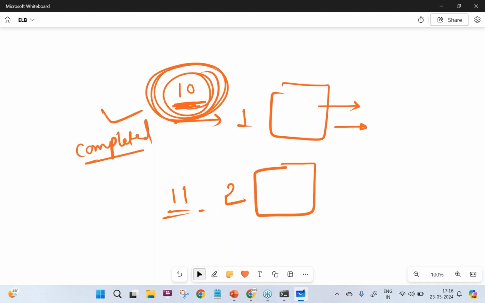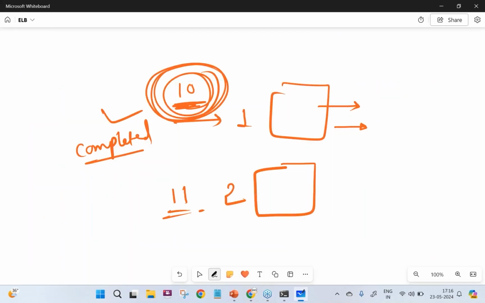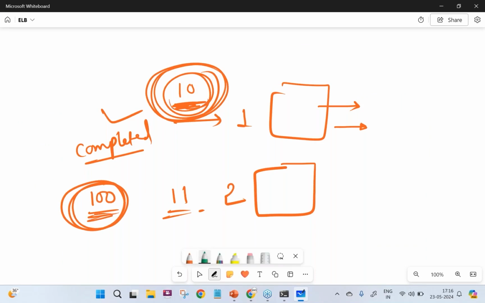So in this case, we configure this feature called deregistration delay. Let's say I configure the deregistration delay as 100 seconds, so the load balancer will wait 100 seconds for these 10 requests to be completed successfully. Once these 10 requests are completed successfully, then that EC2 instance will be terminated.